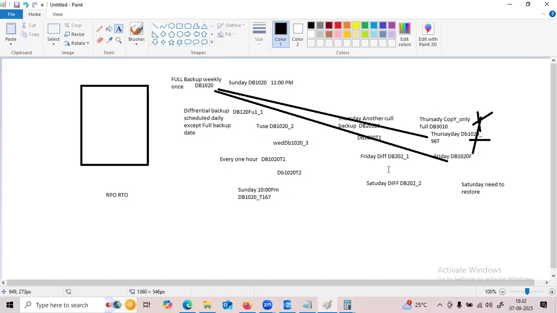After that, I restore the Friday transaction log backups. Whenever I do that, whether you delete the copy only backup or not, it won't point to the LSN number. It goes directly to the Sunday full backup and the Friday differential backup, and after that whatever log backups we have after the differential, we can restore them. That is the purpose of the copy only backup.